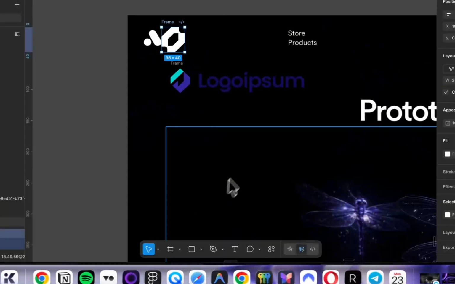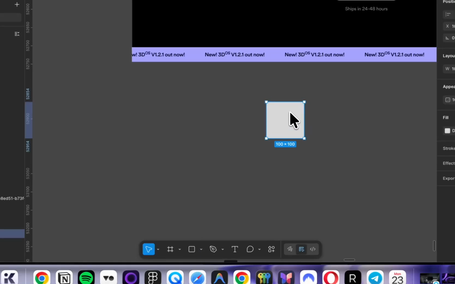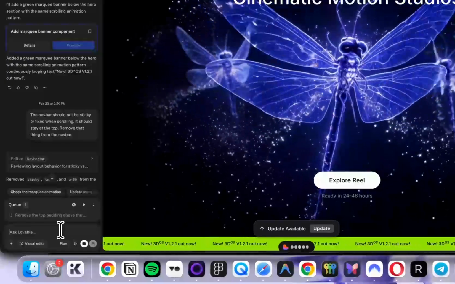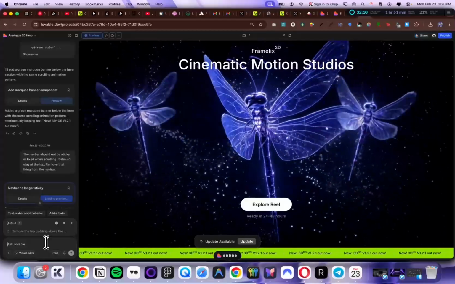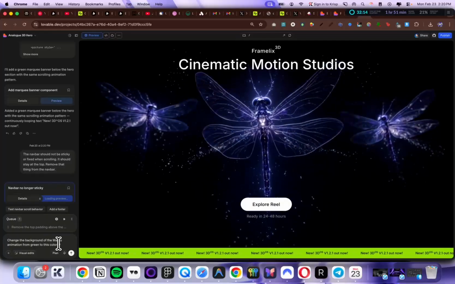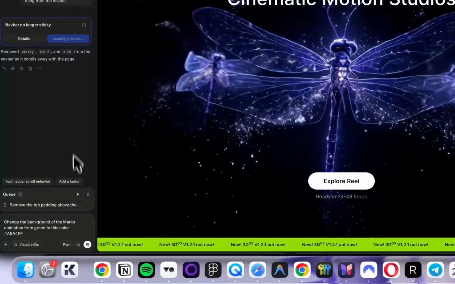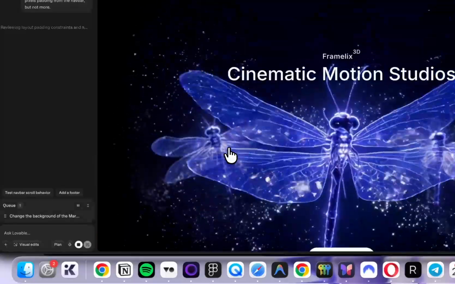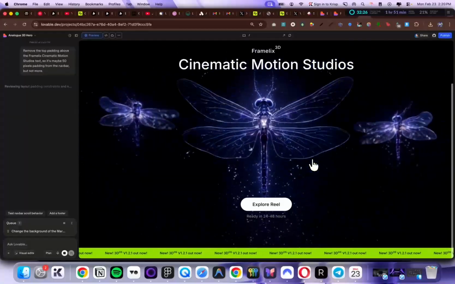Also, I want to change the color of the marquee animation to be this. Change the background of the marquee animation from green to this color. And I think this thing is too big. I think we can